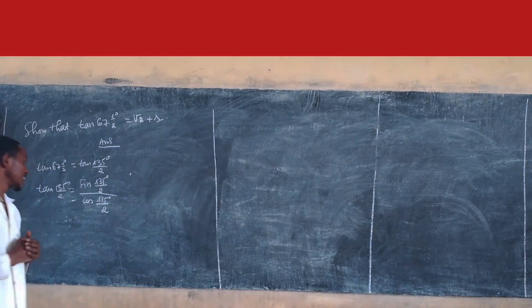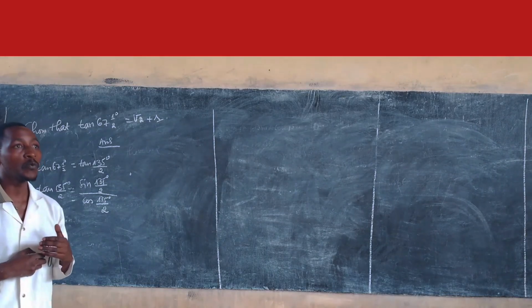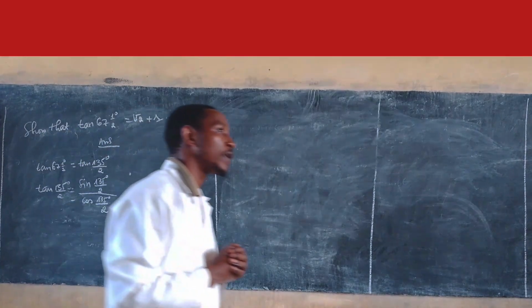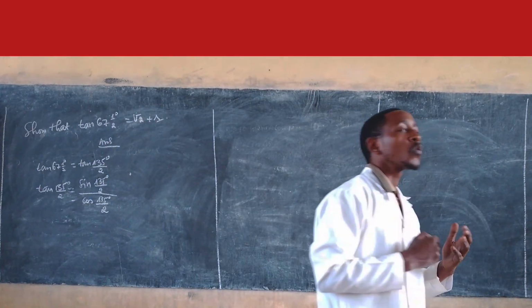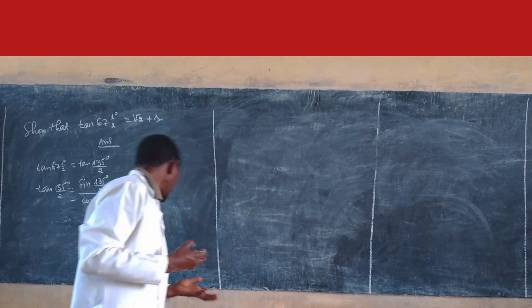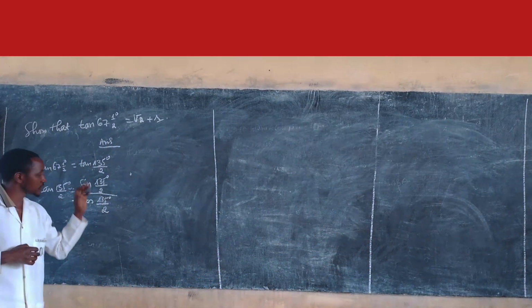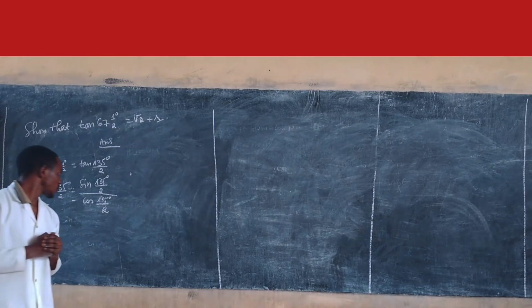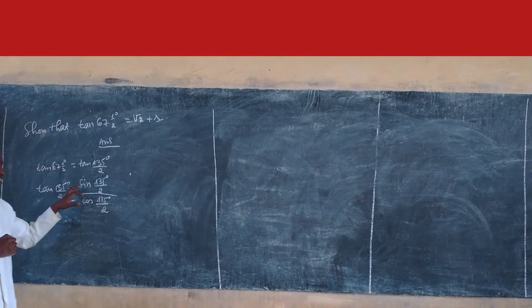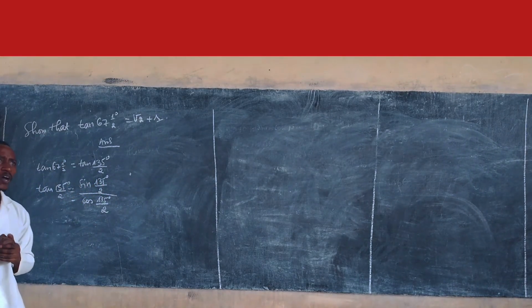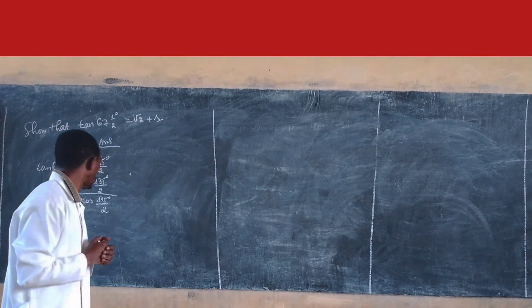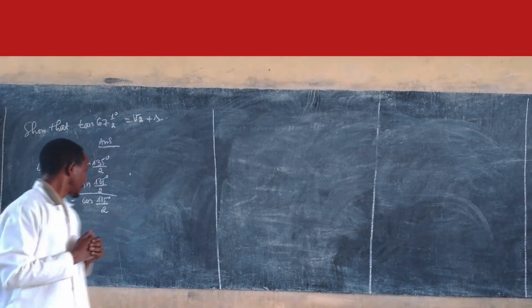So in that case, we ask the question about the relationship between this and that. How do we find the sine and cosine of a half angle? Remember